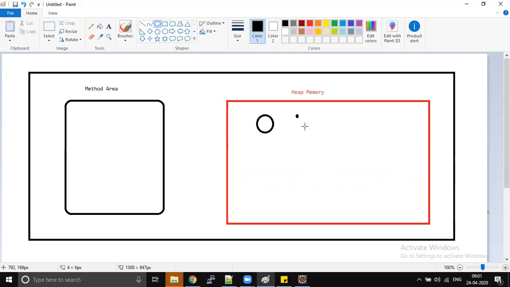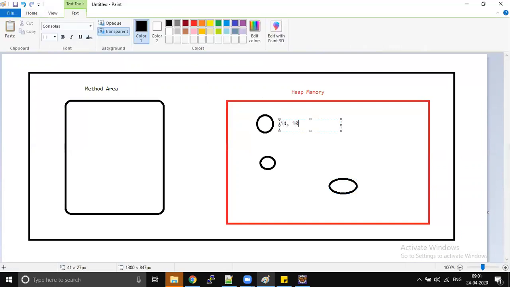Object 1, object 2, and object 3. In object 1, I have the ID 1 lakh and the name Sunil. In object 2, I have ID 1 lakh 1 and the name James.